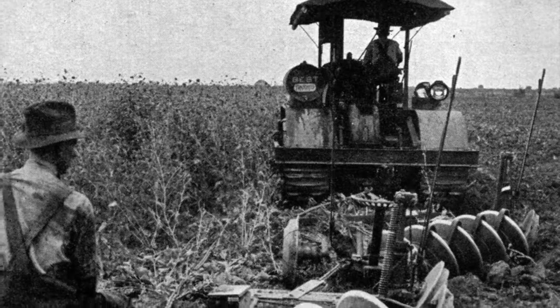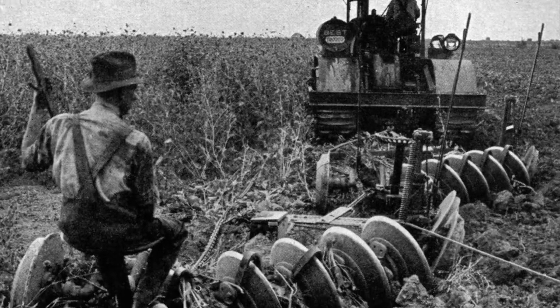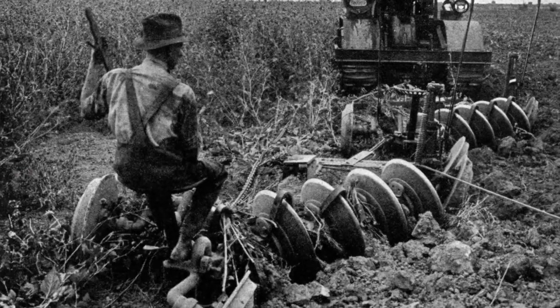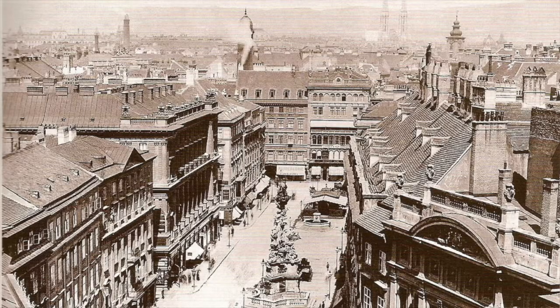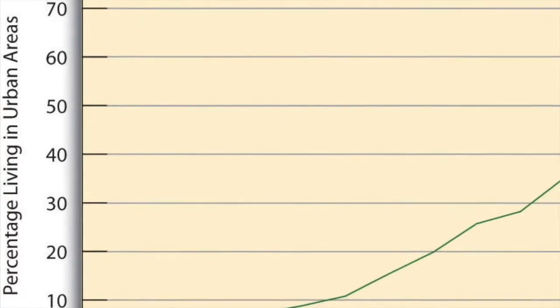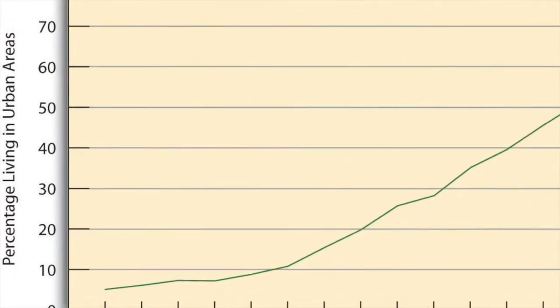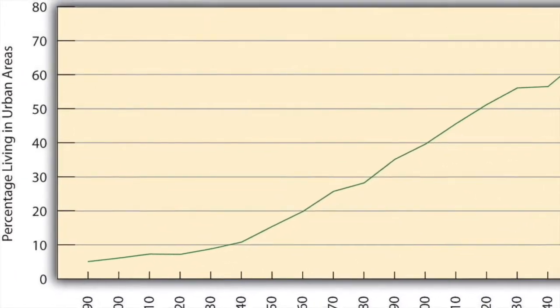The mechanization of agricultural work made possible farming the land with fewer workers, so many peasants migrated to cities in search of work. The urban population in Europe was 10% in 1800 and increased to 40% in less than a century. It was the beginning of the urbanization of Europe, but this increasing population was too high for the European cities,